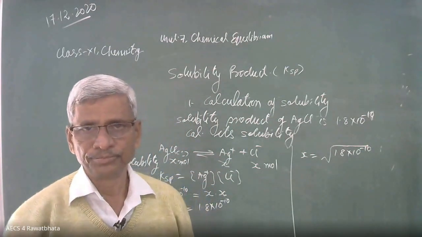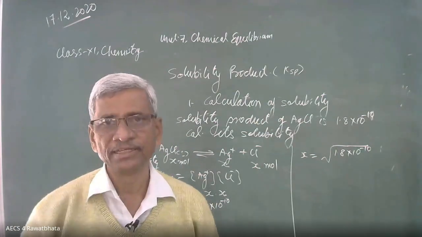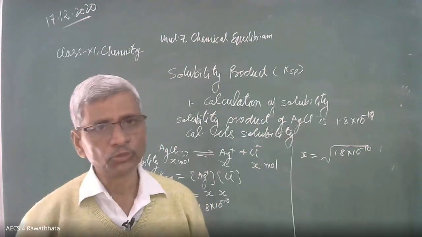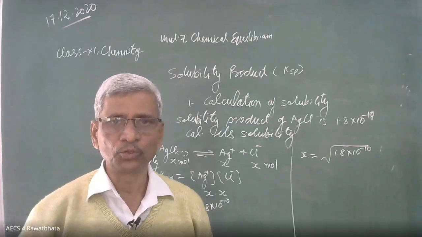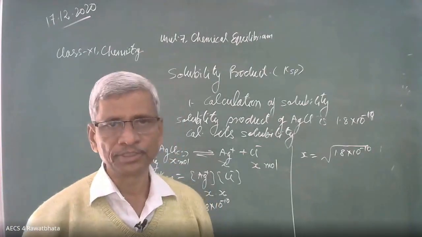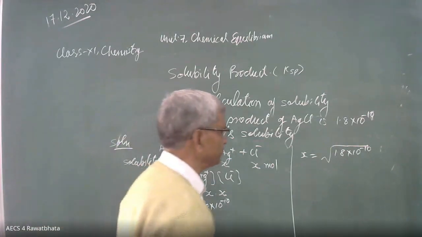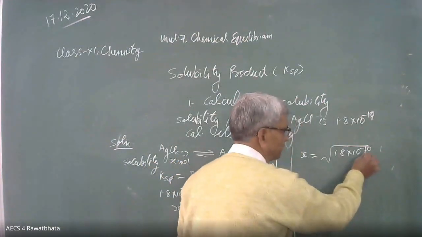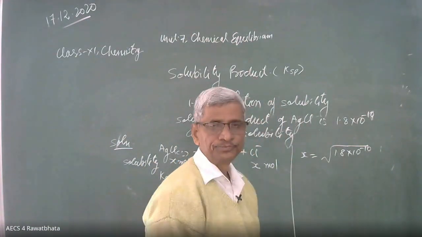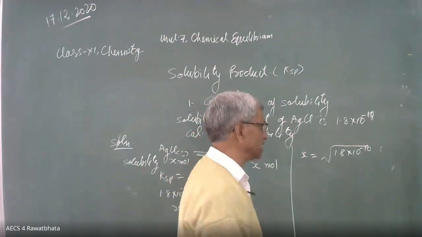Square root, mathematically, if you're trying manually, takes some time. It is better to use a log table. Square root, cube root, or fourth root can be solved easily with the help of a log table. Yes, beta, very good. This power should be in the table of 2, and here it is 10, that's why it is in the table of 2.